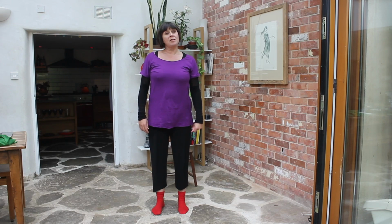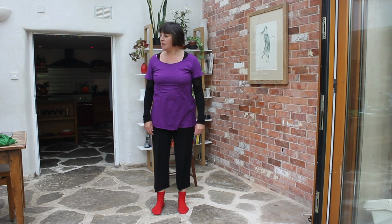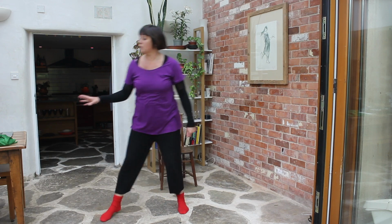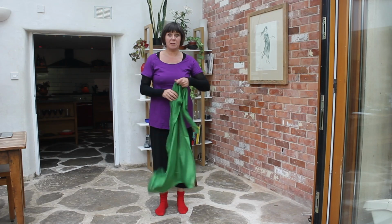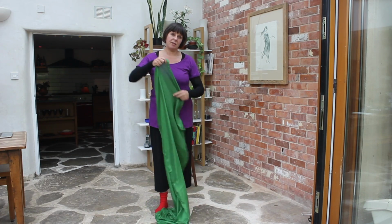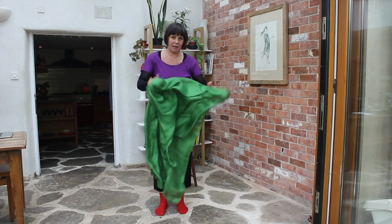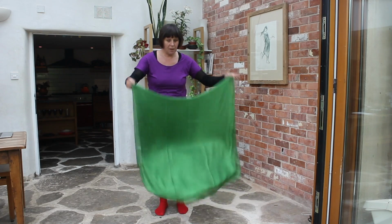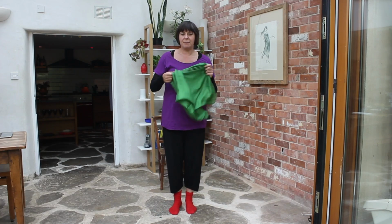So now we're going to come on to a creative dance for this week. And this is the point where you need to grab hold of your piece of material that we talked about at the beginning of the session. So I've got this lovely green piece of material here. So once you're holding your piece of fabric,